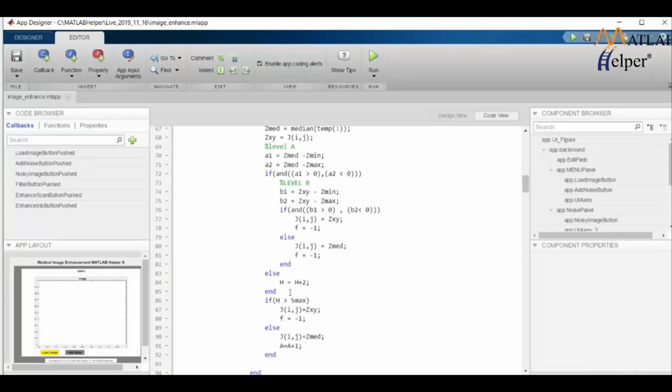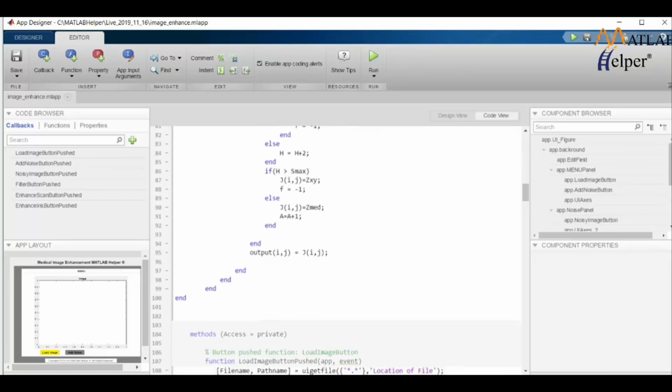Then we retain the value as it is and set the flag to -1, making sure you move out of the loop. If the size is less than Smax, then Z median is assigned to the output, and A is equal to A plus 1, which is there for incrementation of the window size. And the output I, j is assigned with j of I, j,